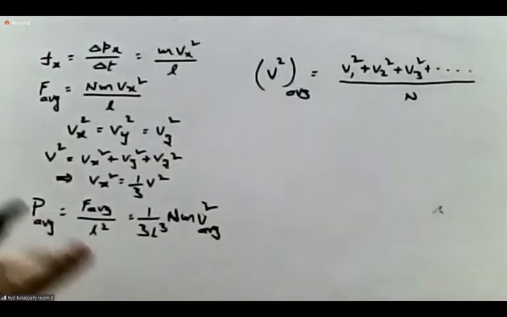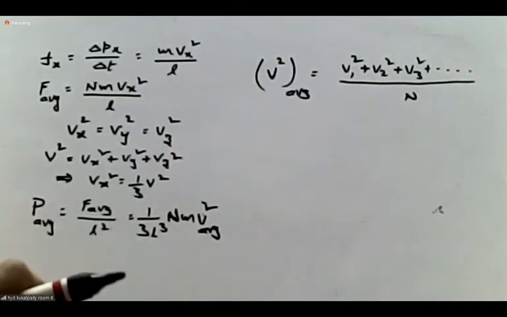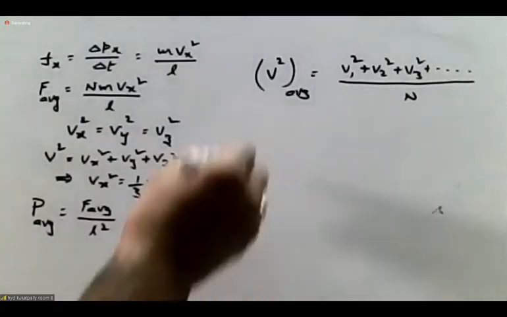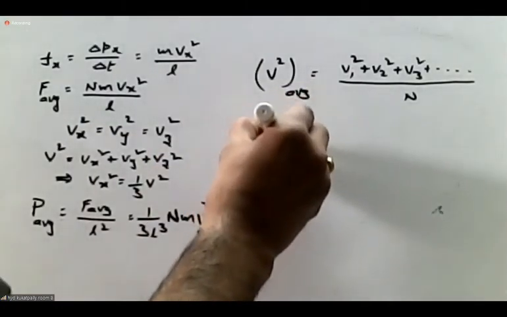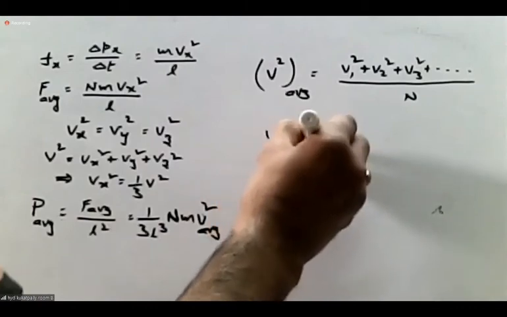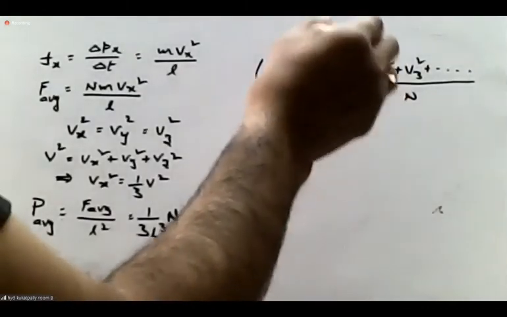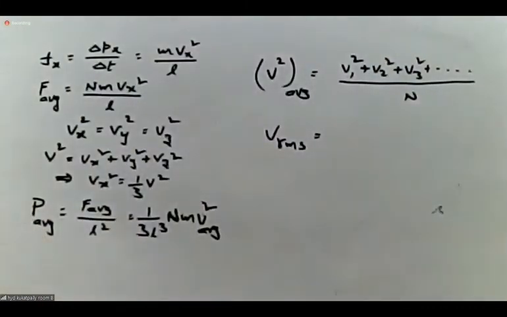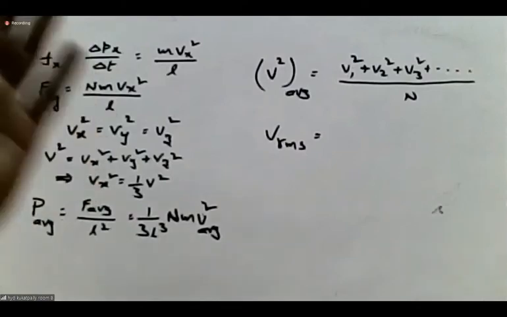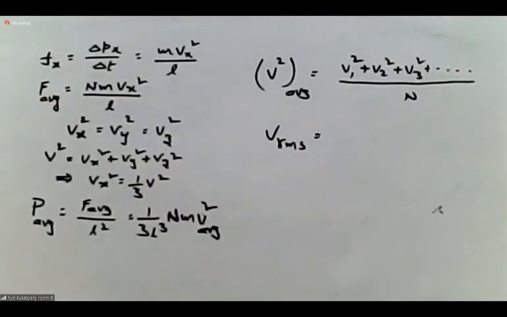Now it is correct. Different particles are having different velocity, correct. Now what I do is, I introduce here RMS velocity, root mean square velocity. So this is actually the mean of squares of velocities. Mean means average. It is the mean of velocity squares. First particle velocity square, second particle velocity square, third particle velocity square, all I am adding up, taking the average. So it is the average of squares of velocities.